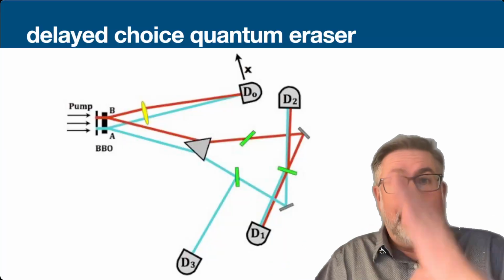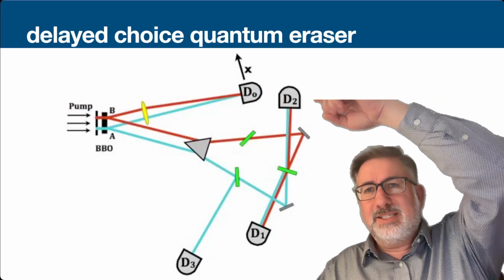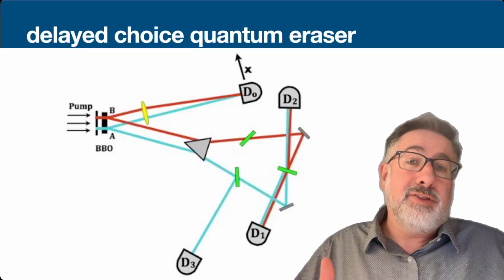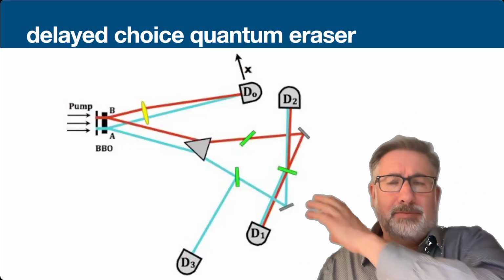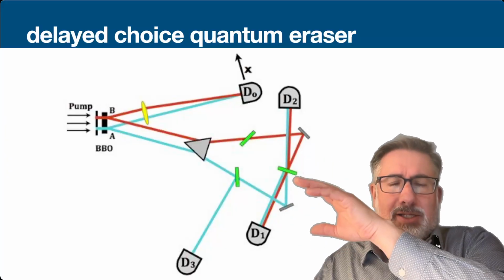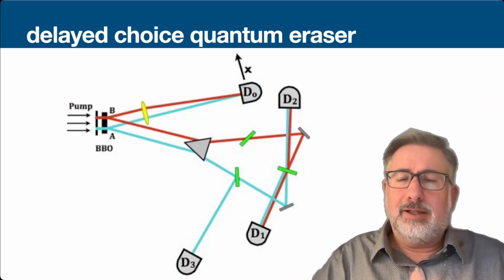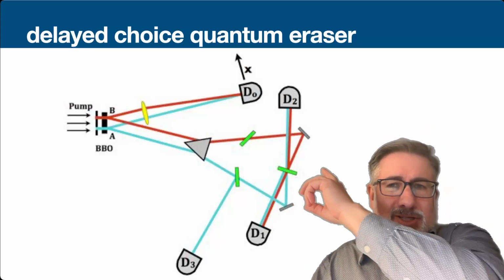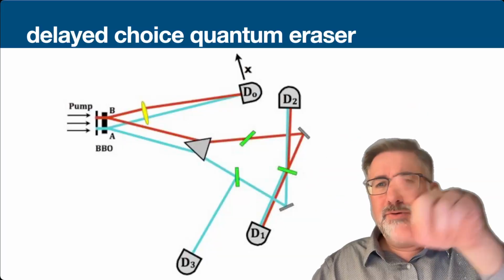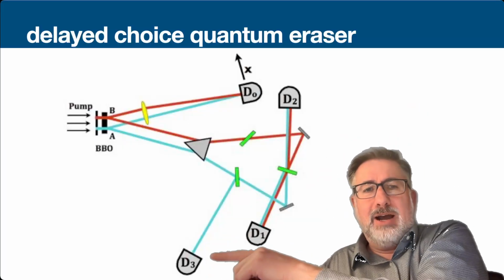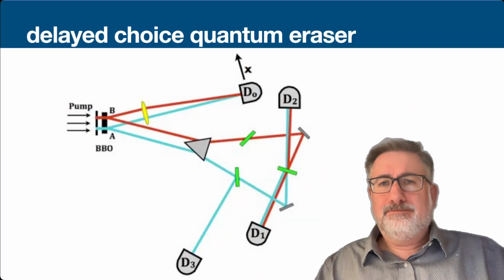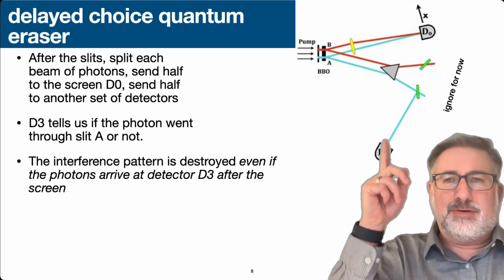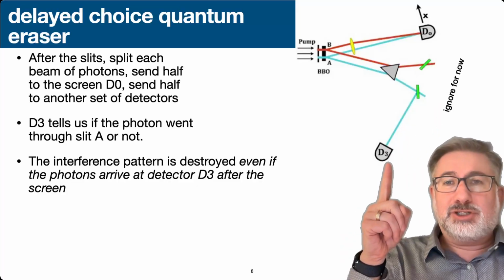Then you combine them on a wall. D0 is the place where the particles hit the wall and produce the interference pattern. So that's the regular experiment. Electrons go through slot A and slot B, and they interfere and line up on the wall D0. Now, where it gets to be delayed is the second half of those beams. You send them through a bunch of mirrors into a detector down here, D3. This is just the very first part of it that I think is important to look at first. So ignore the rest of that for now, but you send it down to a detector which is farther away